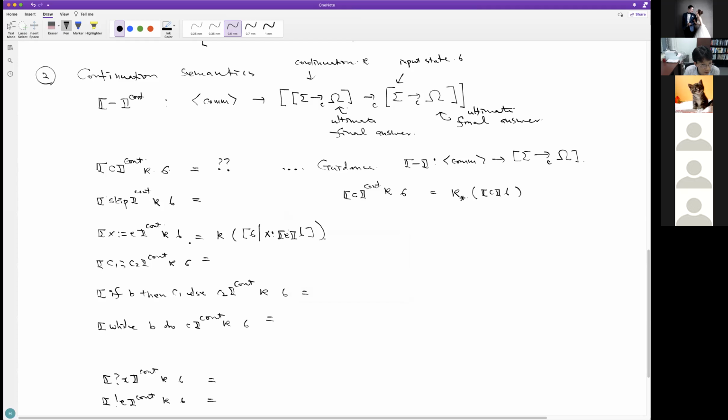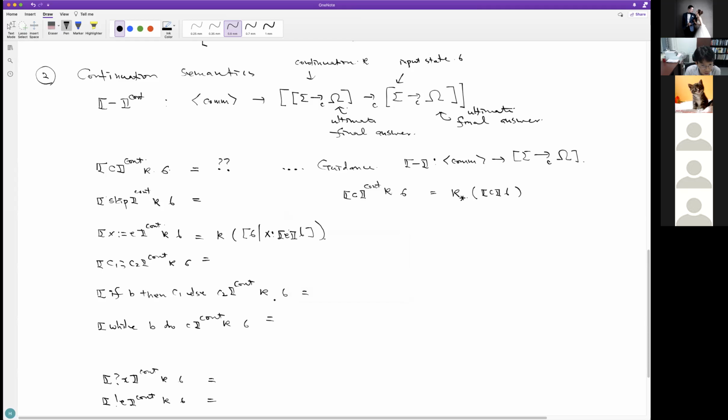The kappa represents the rest of the computation, and so we change the state according to the assignment. Assignment doesn't change the flow of control, so we just provide this updated state into the continuation kappa.